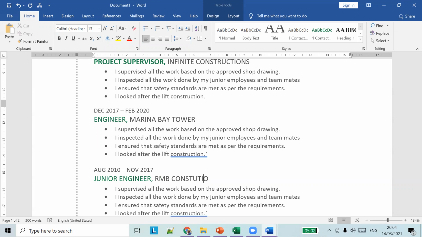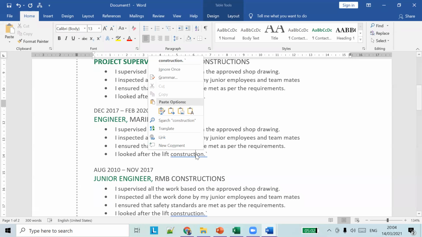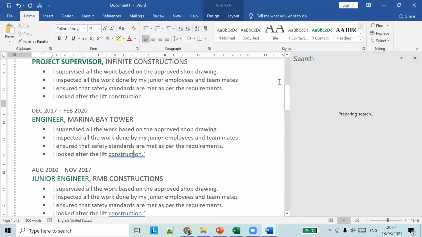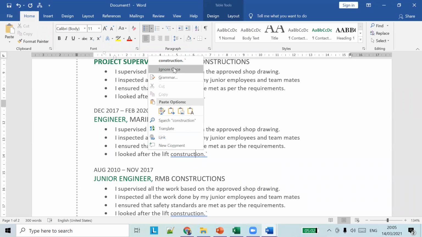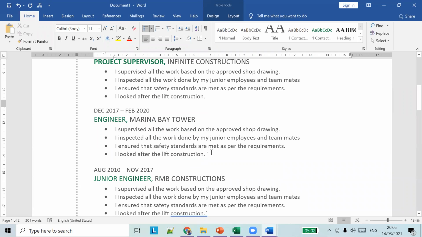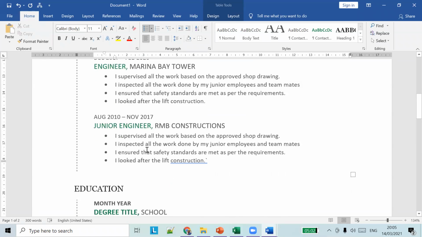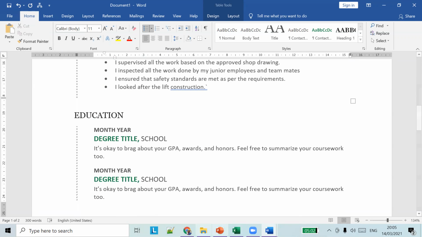Some names you can give. Similarly, you can add all your experience at the bottom.